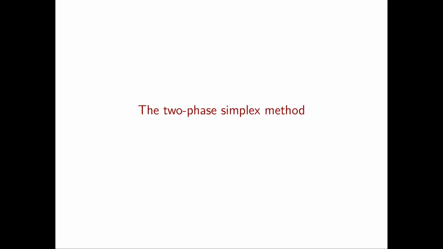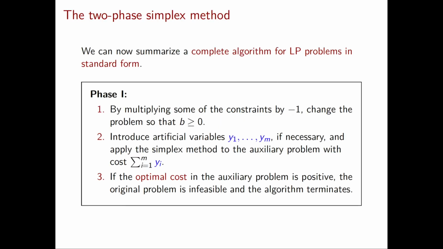The resulting simplex method will be called the two-phase simplex method. Why do I call it two-phase? Well, because the first phase is the one where we need to find an initial basic feasible solution, and then the second phase is when instead we start from such a basic feasible solution and run the simplex, and end with an optimal basic feasible solution.